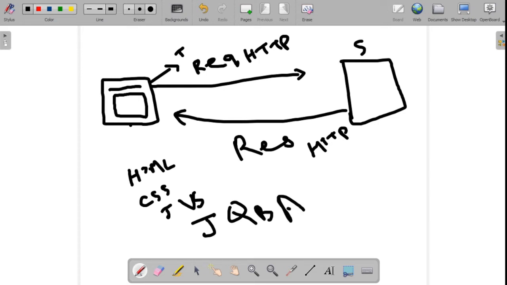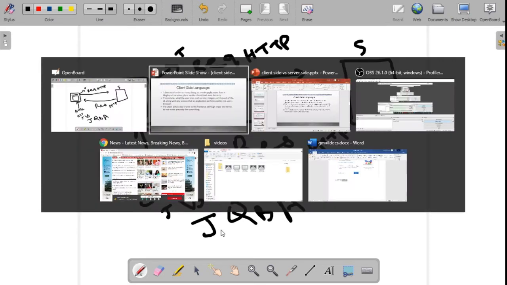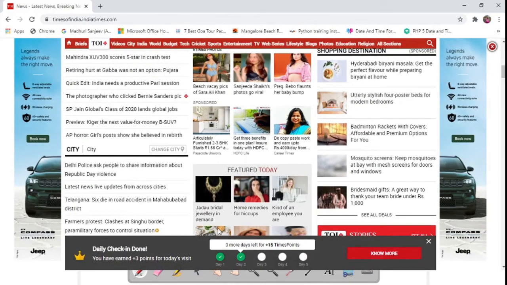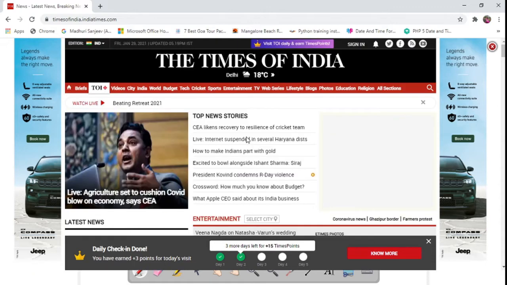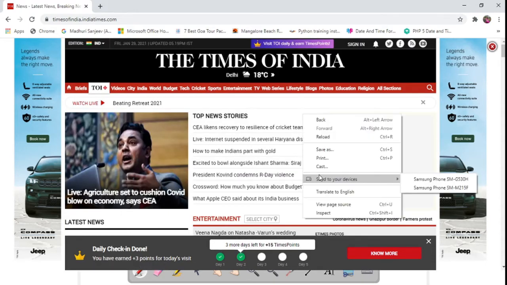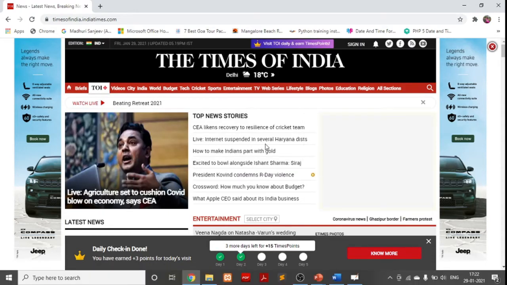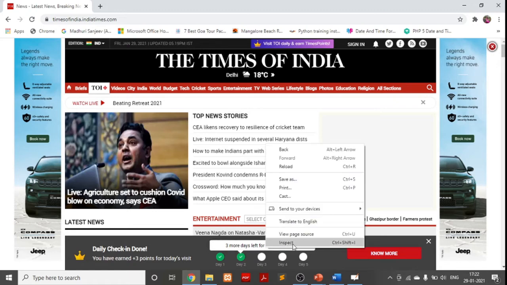These languages are used to design your website. Design means you have seen this website, and it is designed with a particular format. Okay, let's see. We will inspect here.